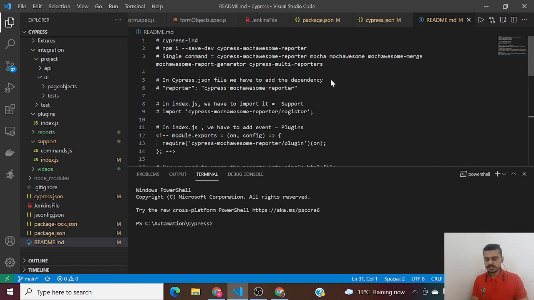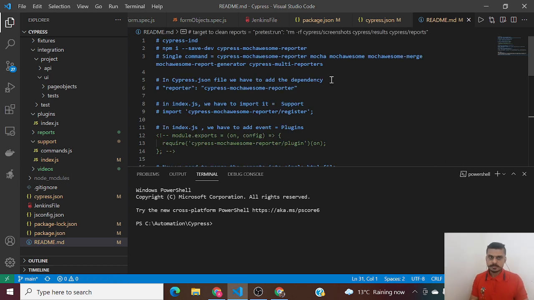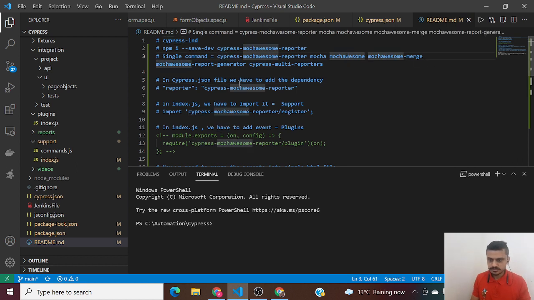First of all, we have to install certain dependencies: Cypress Mocha reporter, Mocha, Mochawesome, Mochawesome merge, Mochawesome report generator, and Cypress multi reporter. All of these we can install from a single command, guys. You can copy it from my GitHub source code, inside the readme.md file. The command is simple: npm i.